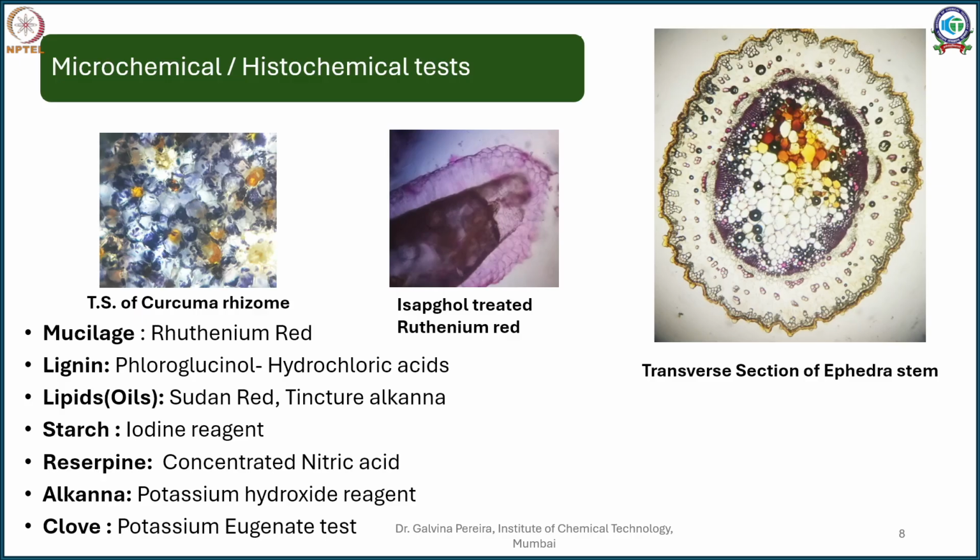Similarly, you can also check simple features such as suberin and lignin. A good example in this section is a section of ephedra, and you can see here, this is the brownish matter which is pith, but you can see the xylem acquires a slightly pink coloration with phloroglucinol HCl, and that indicates your xylem here is lignified, and so are your pericyclic fibers. So certain staining reagents also help me in identifying the different tests.